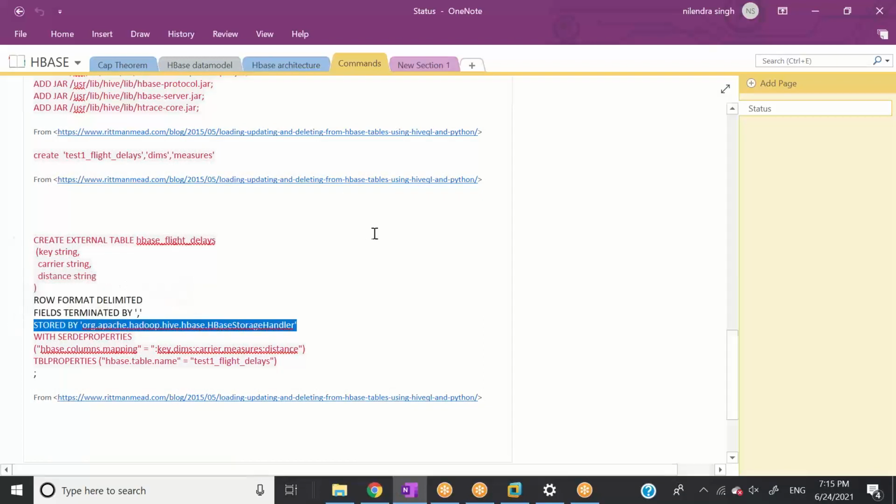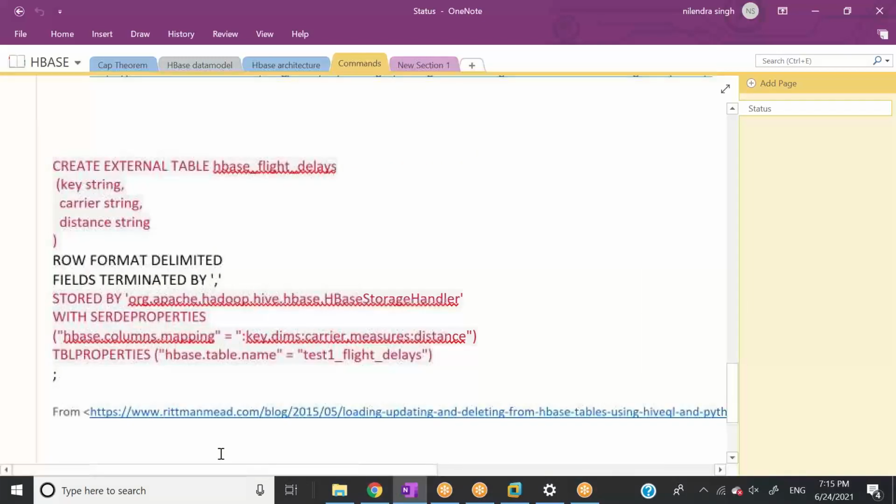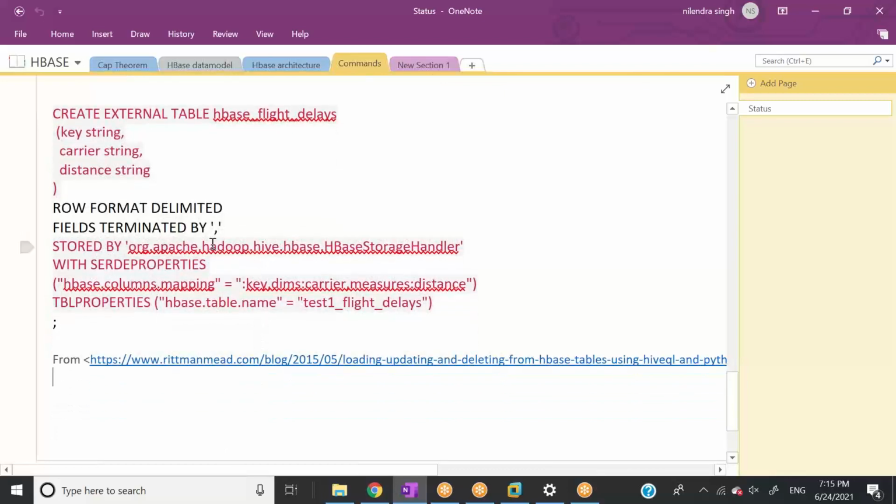Let me maximize it a bit. How is this table stored? This table is stored as HBase storage handler. Basically I'm saying, store this table in HBase format.